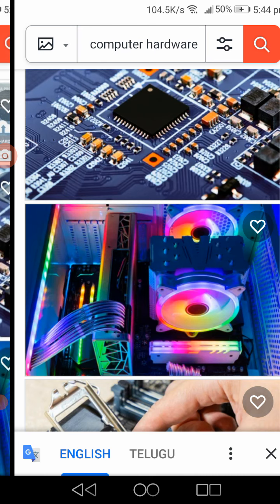What is the wireless network technology? If you share or transfer data and resource in wireless network, it is called the wireless network technology. Examples are Bluetooth, radio link, microwave, satellite.